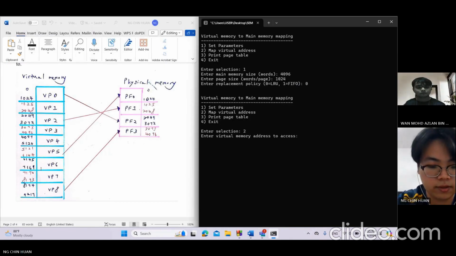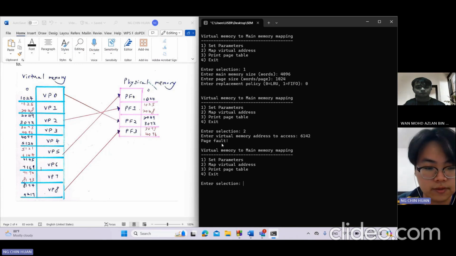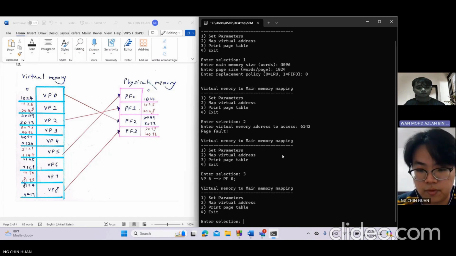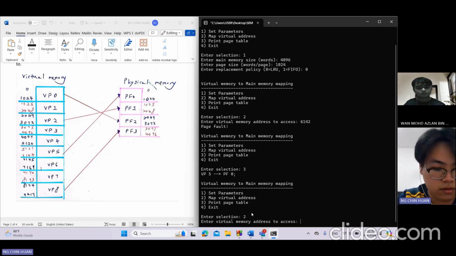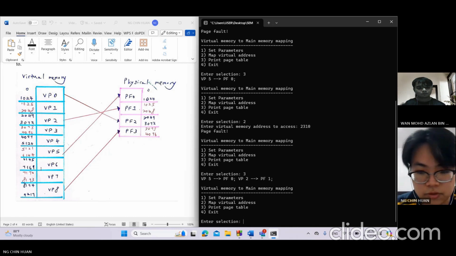First, we enter 6142. So the page fault occurs. So 6142, which is in VP5, will be mapped to PF0. So the page table will show VP5 to PF0. Second, we enter 2310. So the page fault also occurs. The 2310, which is in VP2, will be mapped to PF1. So the page table will show VP2